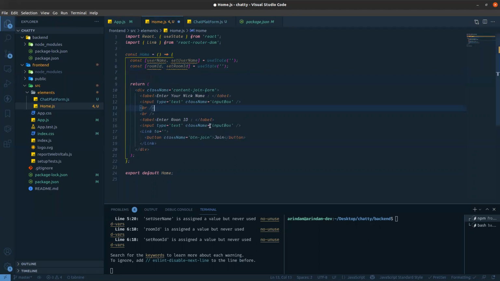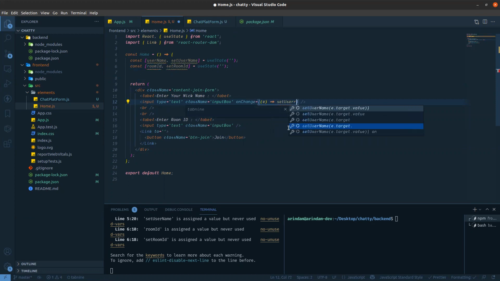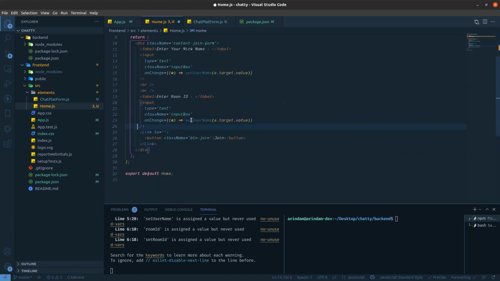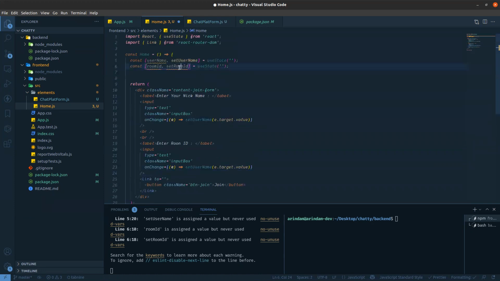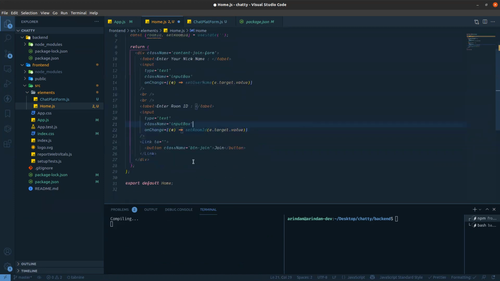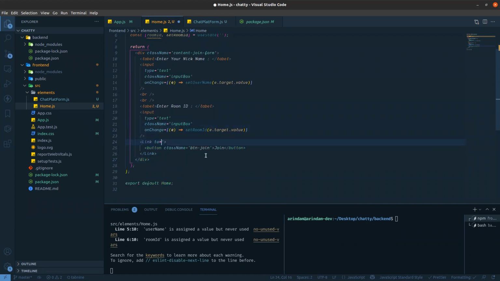Then the on change event will happen. On change, we have set username. Set username should be e.target.value. Same thing for room ID.